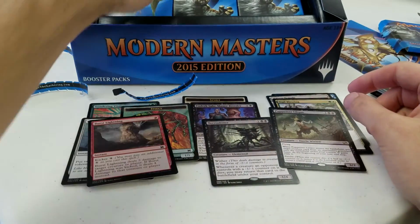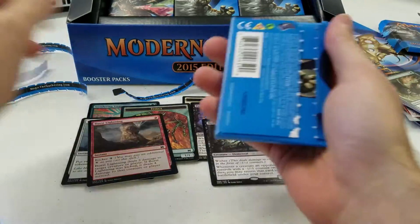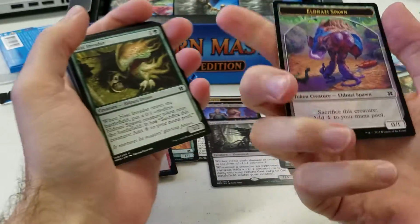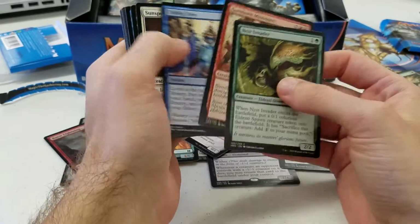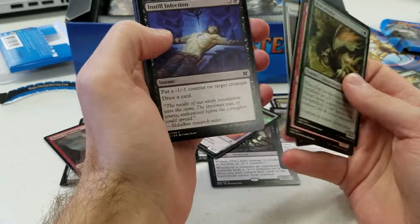And a Burst Lightning foil. Commander, so that kills it. Yeah, his price kind of died. Yeah, so far, nothing big. No big drops. That is the wrong click. We want the other click. And an Eldrazi Spawn token, 0/1. Nest Invader. Minotaur. Telling Time. Sunspear. Weird looking she-cat. Instill and...